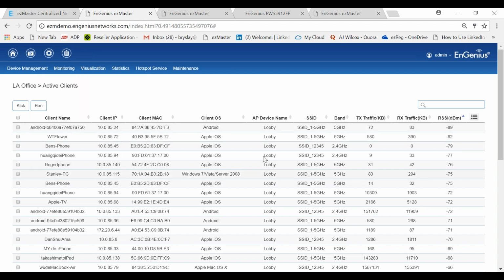These individuals have a weak signal on this particular access point. Maybe they're too far away from the access point. Maybe I need to deploy another access point in this area closer to these individuals to improve their signal strength. There's multiple things I can do to maybe fix that particular problem.